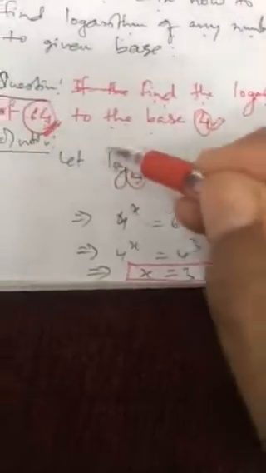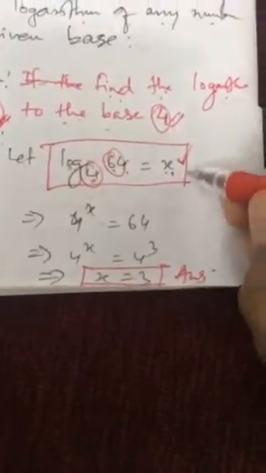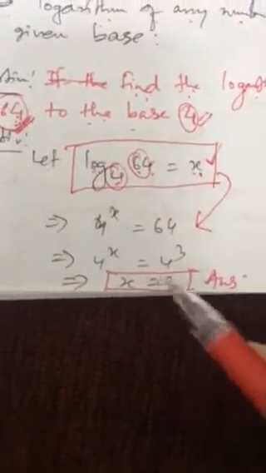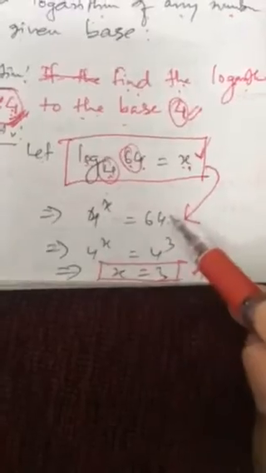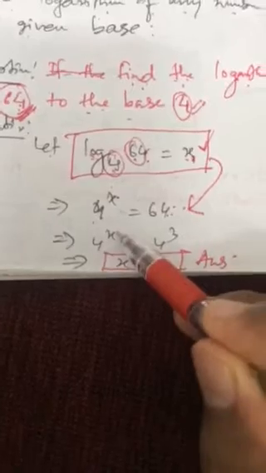Now what form is this? It is called logarithmic form or logarithmic notation. So now this needs to be converted to index notation, index form or exponential form. Base is 4. This is the log, and log means exponent. x is the exponent. So 4 to the power x.